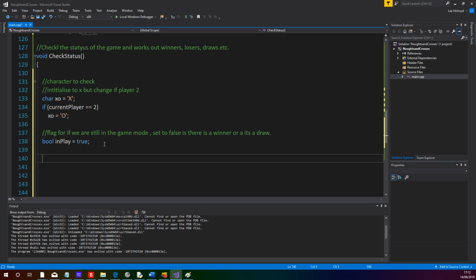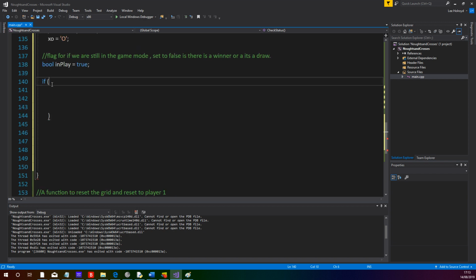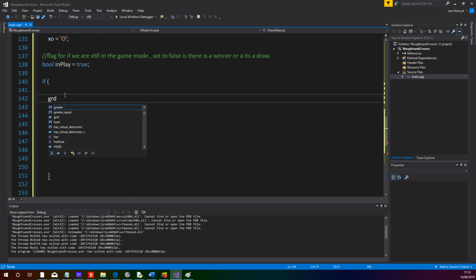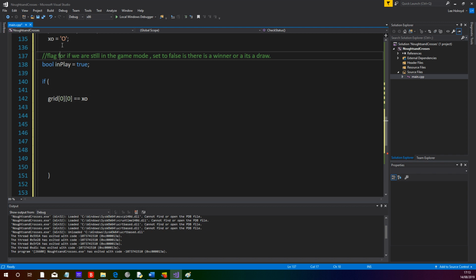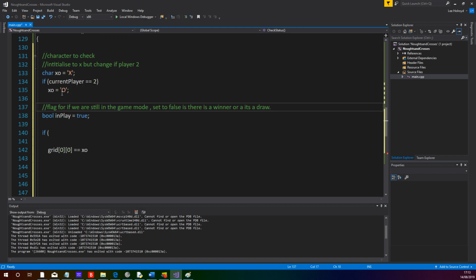Okay. Now we're going to check for a winner, a winning combination. So if, and we've got a lot of conditions for this one because obviously there's lots of ways of winning. So if, just normal brackets, if grid reference top left, which is 0, 0, is equal to x0, which is saying if it's equal to whatever this currently is. So if it's player 1, it'll be x, or if it's player 2, it'll be 0. So if in the top left hand corner you've got an x or a 0, depending on what player it is,